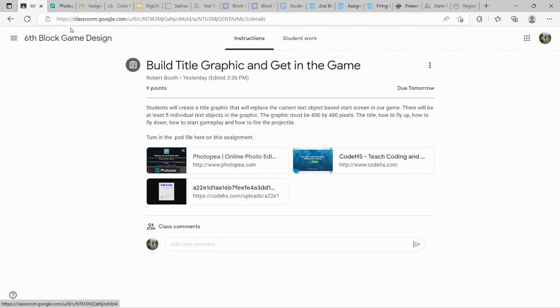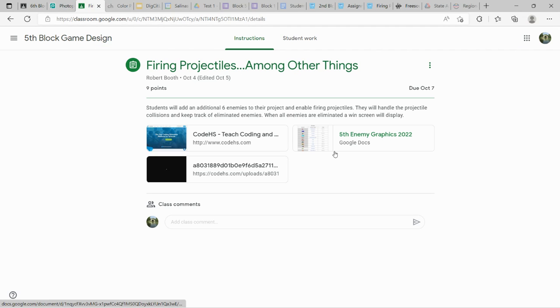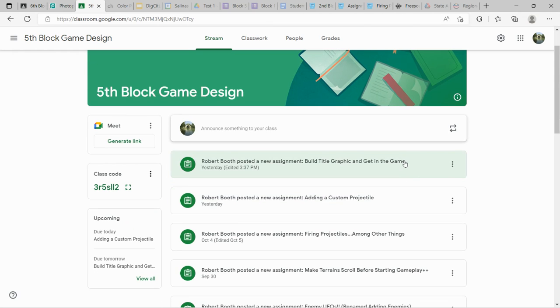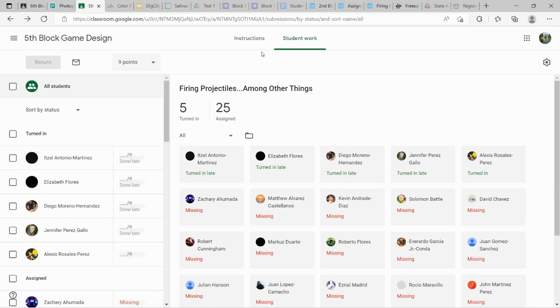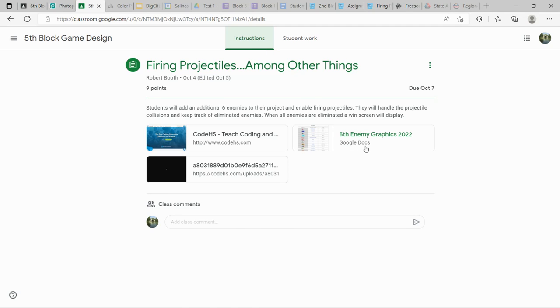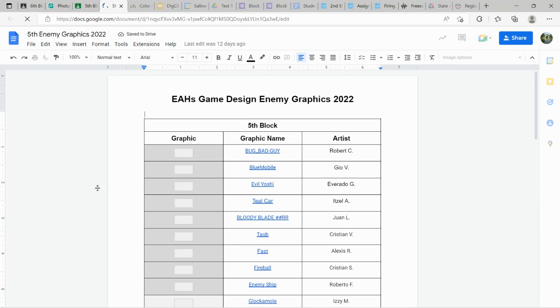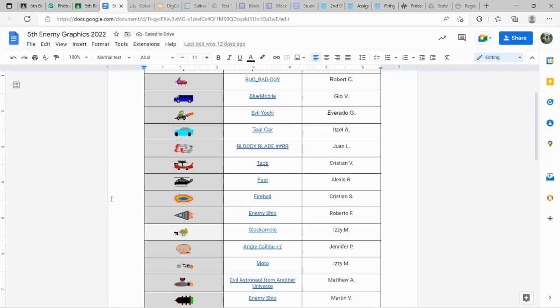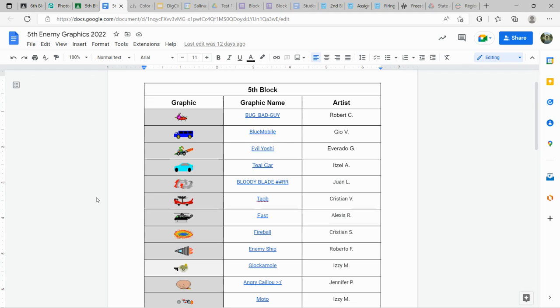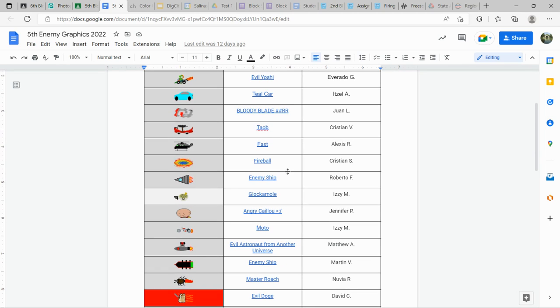In each class, we can check out another class here. Here's fifth block. On the assignment, if you go back 1, 2, 3 assignments, it's firing projectiles, among other things. And on that assignment in the instructions, you're going to find a link to the graphics for the enemy graphics that your classmates made. You could actually include some of these graphics in your game if you wanted to, like